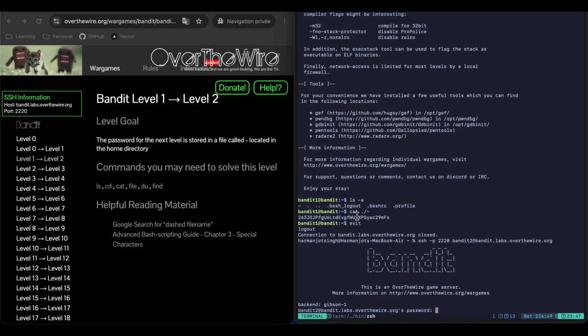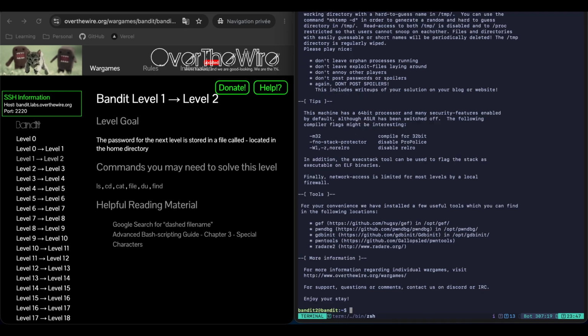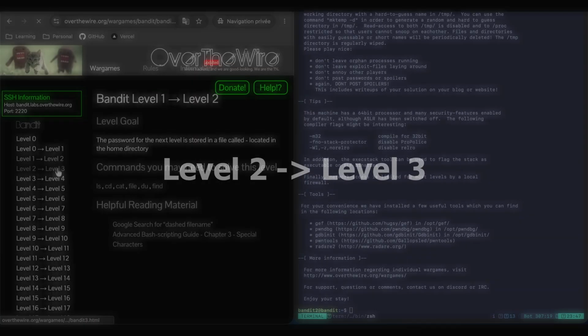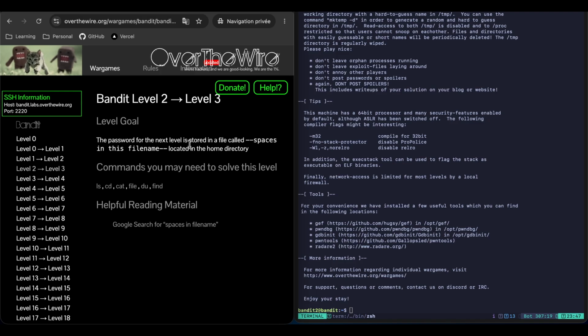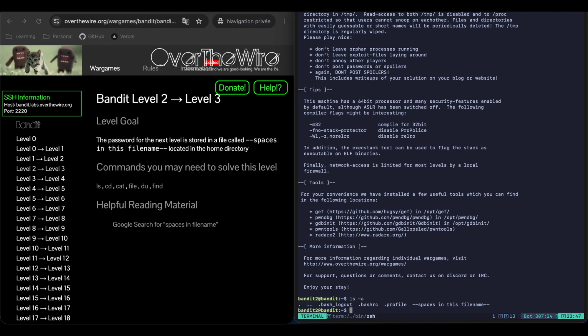Because the password was this one, I'm going to paste that, and boom, we are now up to the second level. For this level, the password for the next level is stored in a file called spaces in this filename, located in the home directory. Now again, let's first list all the files. So we have the file called spaces in this filename. In order to read this file, again, we're going to use cat ./